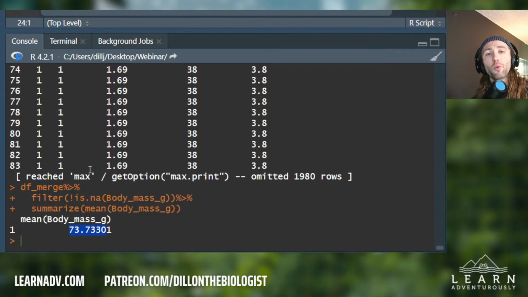Let's take this one step further. And the way we're going to do that is via the group by function. This is seriously the most important step of this webinar. I believe this is the most important information to make very quick summary statistics. And so in our pipeline, after we filter, but before summarize,